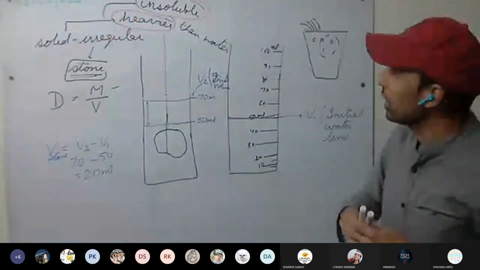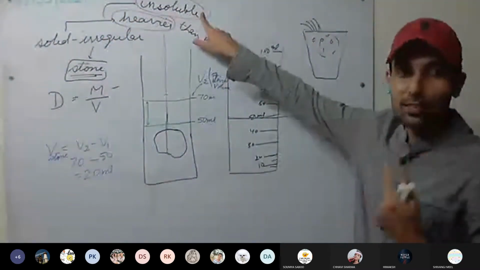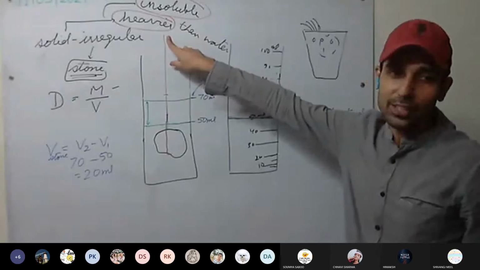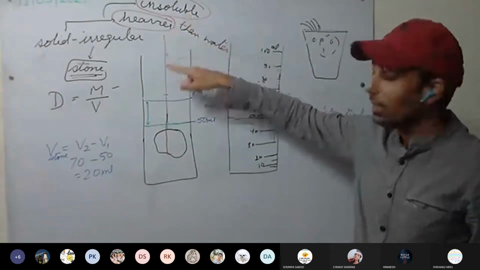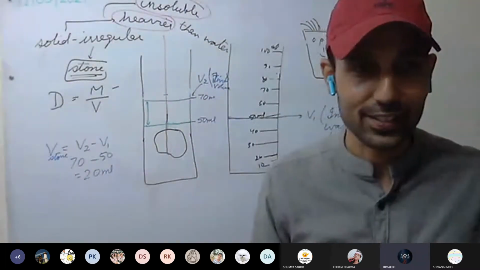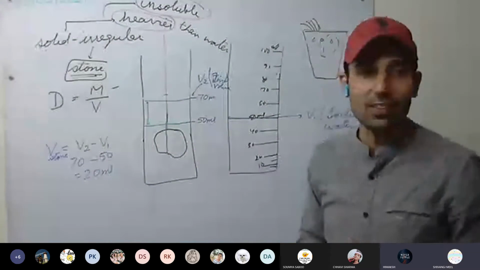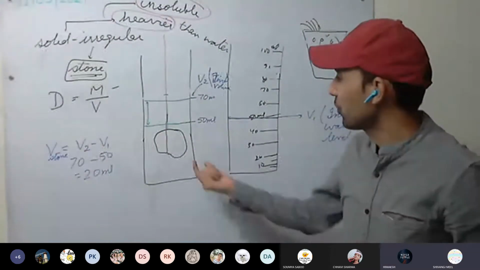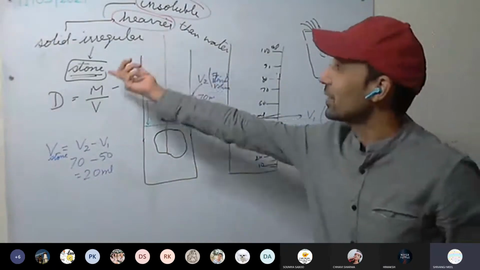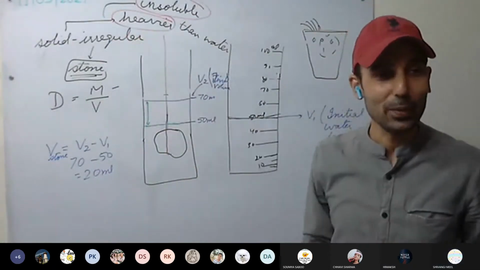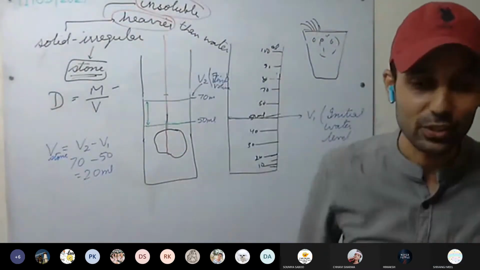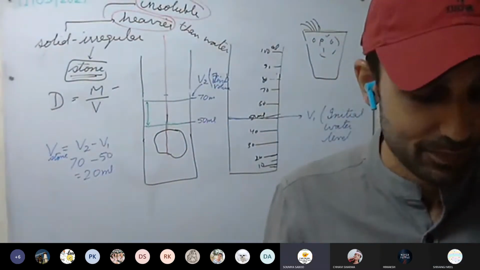Okay. Now later on we will discuss, if it is soluble, we will have some other trick. If it is lighter than water, we have some other trick. Yes or no? If it is soluble in water, what can we do? Anyone in class? For example, we can use some other liquid in which that solid is insoluble. Yes or no? Simple answer. We take some other liquid in which that solid is insoluble. Yes or no? Yes, sir.